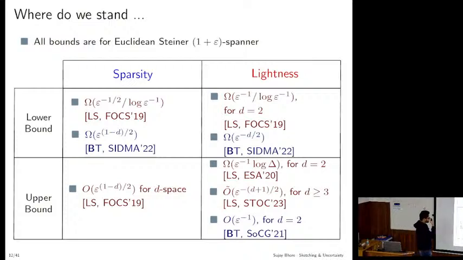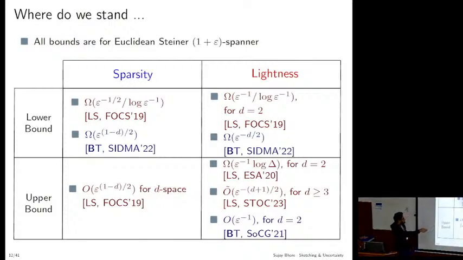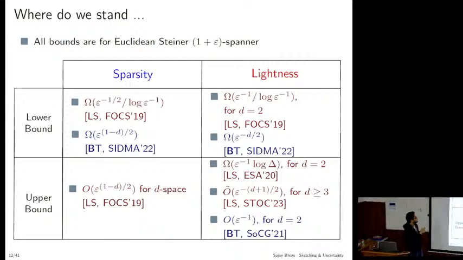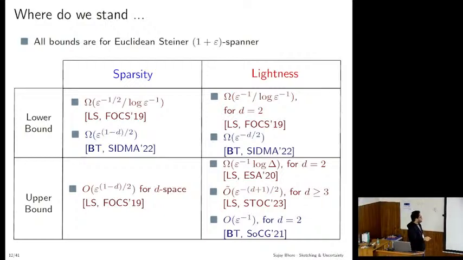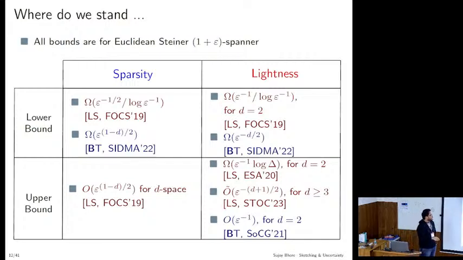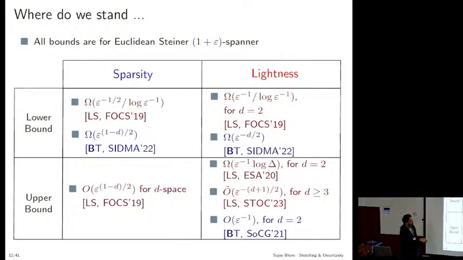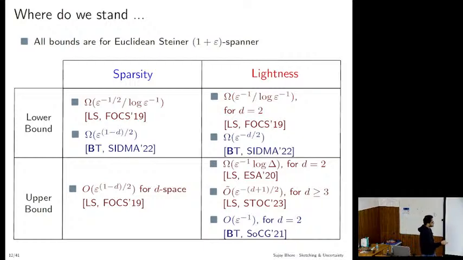So what we show is that we get a lower bound now, actually shaving this extra log factor, and their lower bound was only in 2 dimensions. We get a lower bound in any arbitrary dimension for both lightness and sparsity. And for lightness, we show that in 2 dimensions this is actually tight. So we can match our lower bound in 2 dimensions. For 3 dimensions onwards, Lee and Solomon almost match this bound up to this factor plus 1. But it is a very important open question to match this completely.